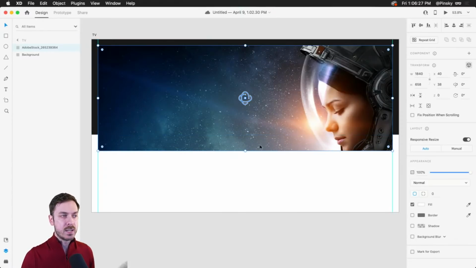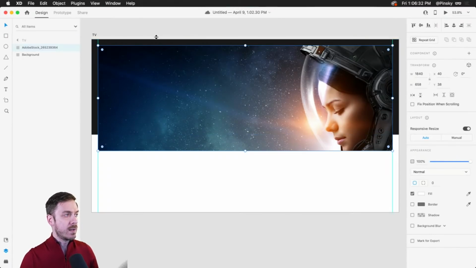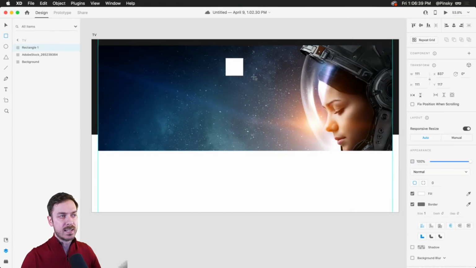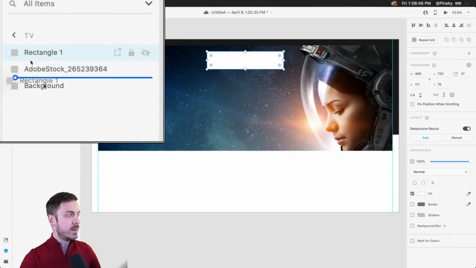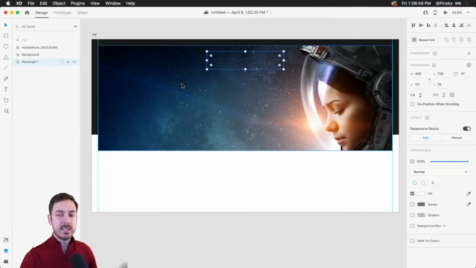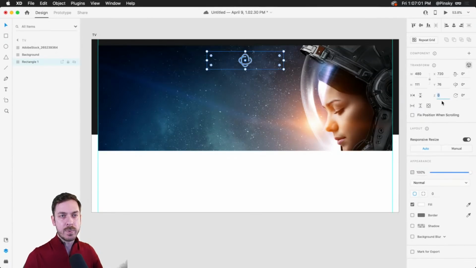Now, one of the cool things that you can do with the Z depth option is if you had objects that you always want to remain on top. Let's say you have a menu that has to be on top at all times, right? Let's say this is a menu. I don't know what this is, but we're going to say it's a menu. And what I'm going to do is in my layers panel, I'm actually going to move it behind all these other layers. Because in some cases, it might be part of a component. It might be a component itself, excuse me. It might be part of another group. So what we can do is actually activate 3D transforms and set the Z depth at 1.